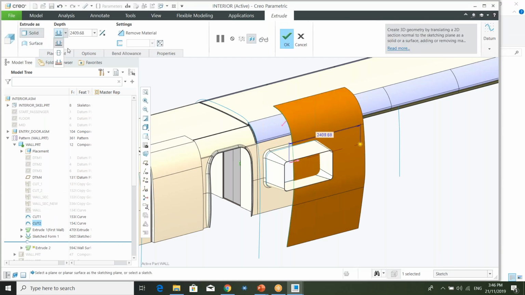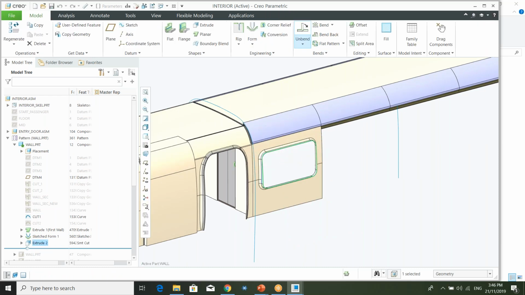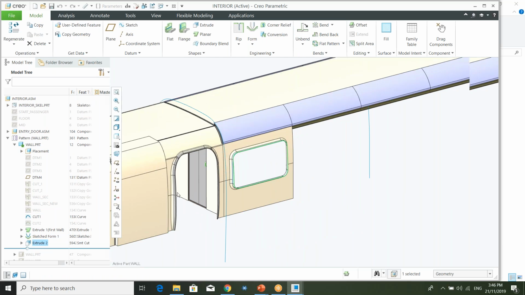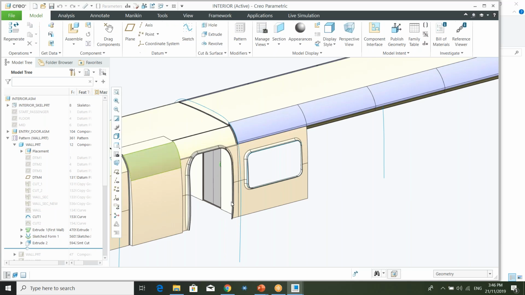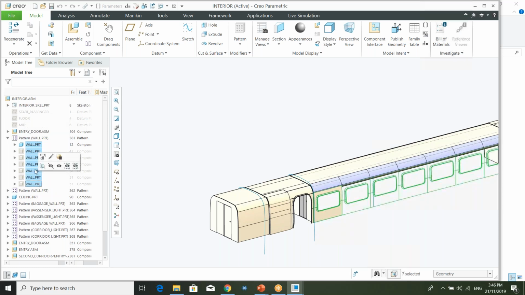You can see that it came inside. So I'm altering it. So it has been cut down. So this has been completed. The wall has been made. So there are around 8 walls. Sorry, 6 walls. So I have to activate each and every wall, patterning it and making it. Next one for the other side,